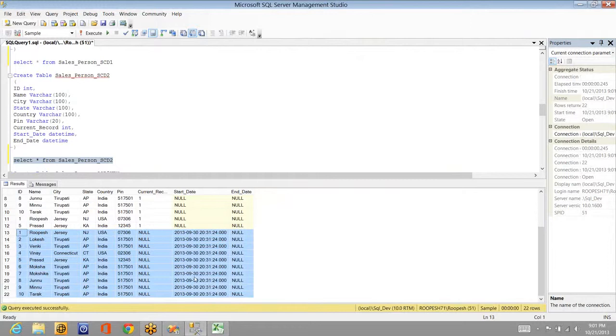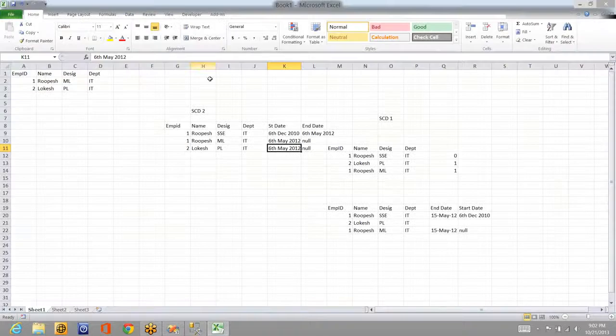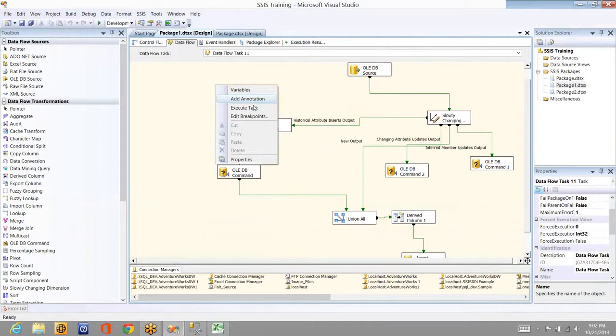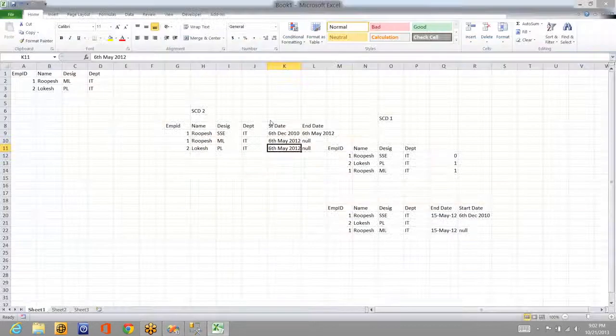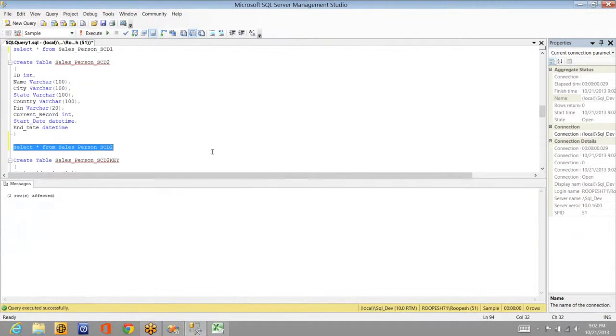Okay. Now, if I make any change to the source, I'll change back.city from Jersey to Bangalore. You can see how it will work now. If I execute the package, how the values will be changed in the destination table, the start date and end date stuff. So let it execute, and I'll go and execute the query here meanwhile. By the time it is completed, Shift 10. I want to see only new records where start date is not null.